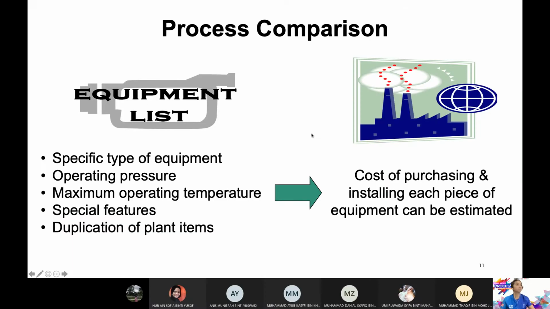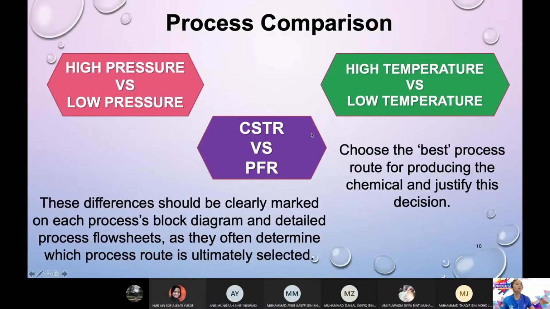Okay, so next one is on comparison. So this is comparison that you have to consider. Adakah proses kamu high pressure, low pressure, CSTR, PFR, this reactor, high temperature, low temperature. Okay, so ini biasanya kriteria yang kita consider bila kita nak cakap pasal proses, perbandingan proses, proses condition. So pressure, jenis reactor, temperature. Okay, kenapa jenis reactor? Sebab ia bergantung. Katakan kalau reaction kamu liquid, CSTR. Kalau gas, PFR. Okay, so kalau campuran, kita kena consider. Kalau campuran tu macam mana? Nak bagi CSTR ke lagi PFR?